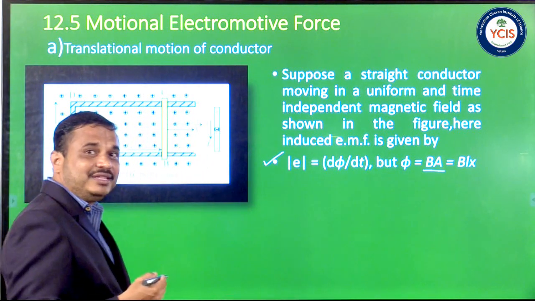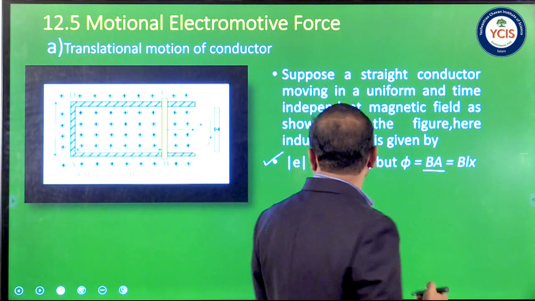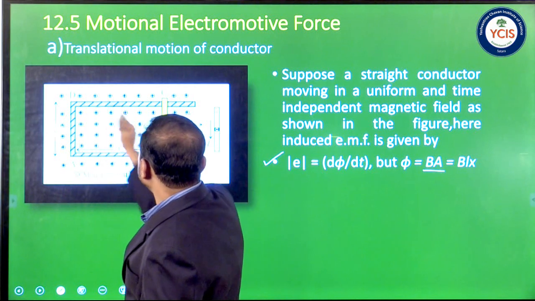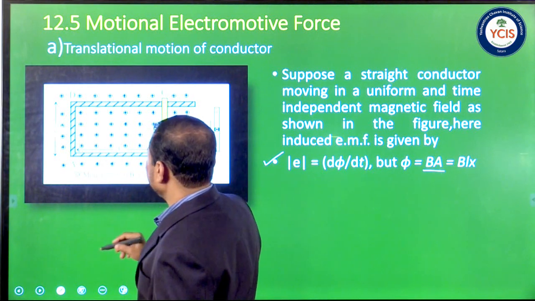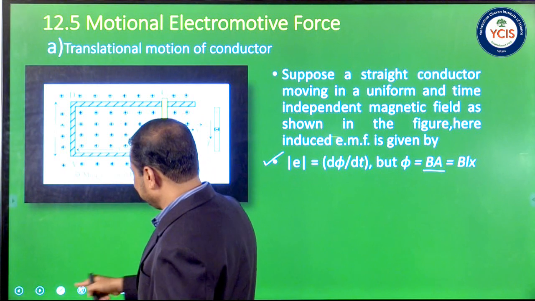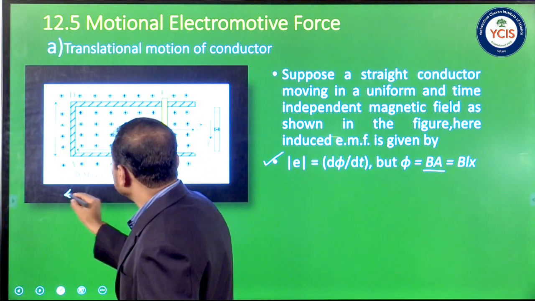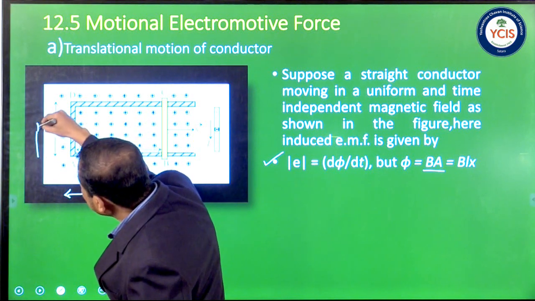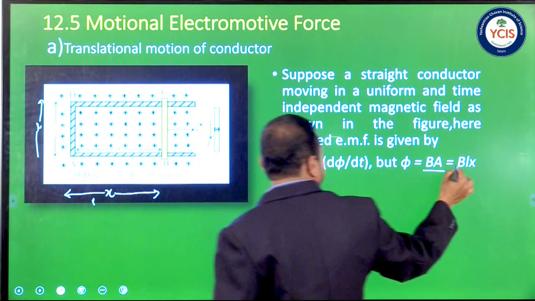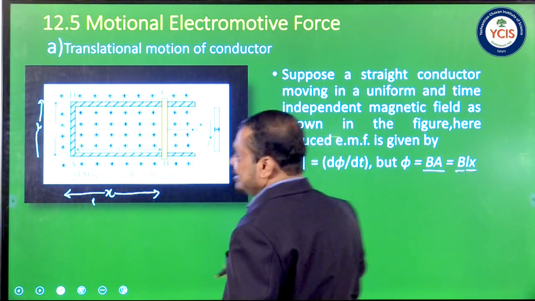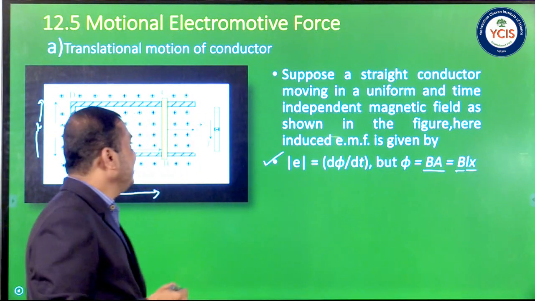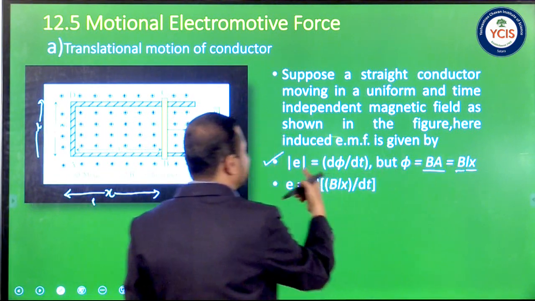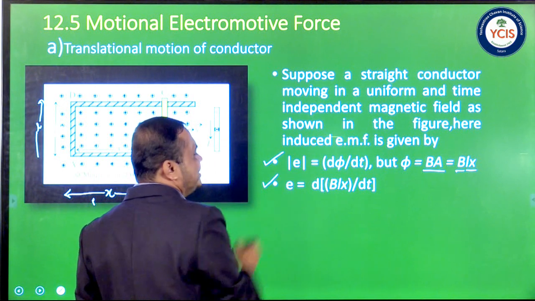And what is A? That is the area of that rectangle ABCD. If AD is of length L and DC is of length x, suppose this length is x and this length is L, then its area is given by Lx. So we have Φ equal to BLx. So substitute the value of Φ as BLx in this equation. We have E is equal to